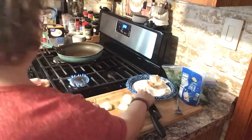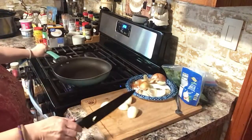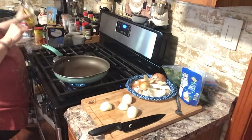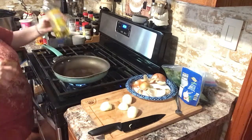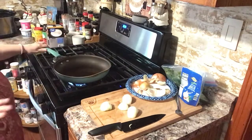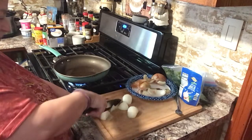All right, so let's cut this. Let's cut the onion up. I'm gonna put a little bit of olive oil in the pan, okay? It's a good fat to use, a little bit, not too much, probably about 2 tablespoons. All right, I'm gonna slice up the onions,